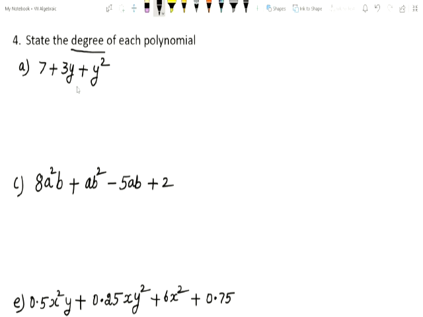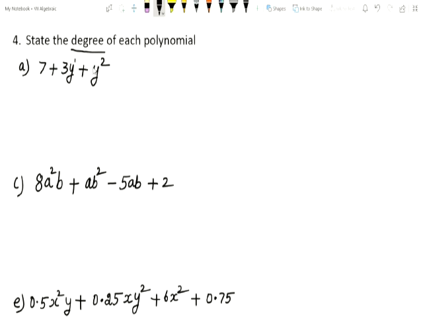Okay. You see here in this expression, y is the variable. You see the power. Look at the first term. This is a constant. So constant term, the power is 0. Okay. And see the second term, 3y. So the power is 1. Okay. Nothing is there means it represents 1. And see that next term, third term, y power 2. Okay. So first term 0. Second term 1, third term 2.